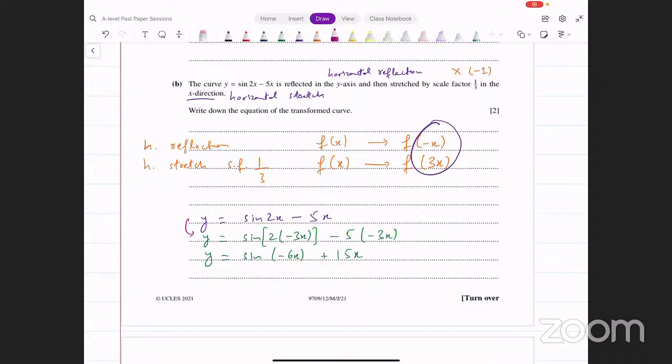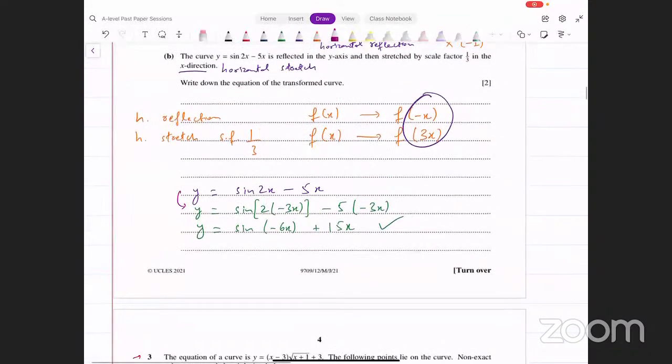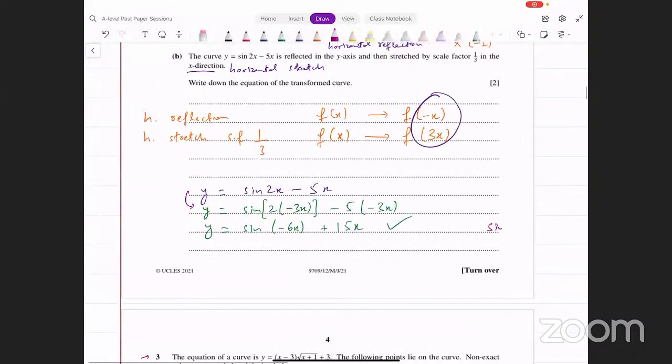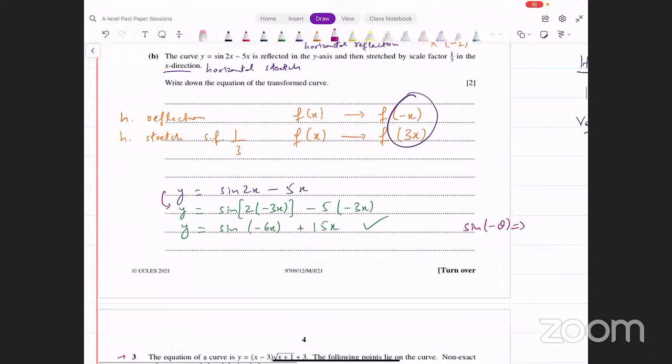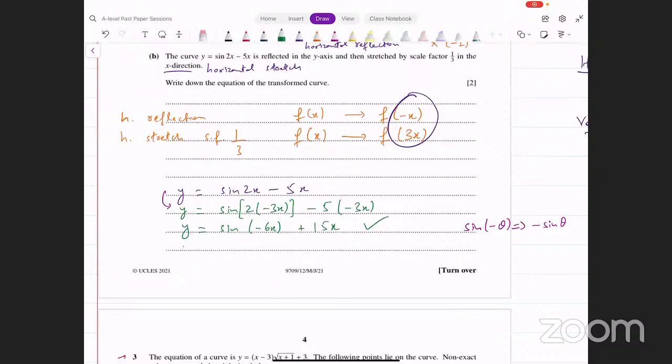यहाँ पे उसने बताया हुआ है कि पहले क्या हो रहा है बाद में क्या हो रहा है, बट इट डजंट रियली मैटर इन दिस केस। अगर वो ट्रांसलेशन होती वहां पे तो तब वो मैटर करता, और यहाँ पे तो मैटर नहीं करता, ओके। So that's what the equation turns out to be। You can leave it like this, or if you remember that rule कि अगर आपके पास इस तरह का कुछ हो, sin of minus theta, that's basically the same thing as minus sin theta। अगर आपको trigonometry याद हो, इसको हम इस तरह भी लिख सकते हैं, it's equivalent to saying minus sin 6x plus 15x, इस तरह भी लिख सकते हो, and that's also fine। ठीक है, दोनों तरह से लिख सकते हैं इसको। That's what your equation is going to be in this case।